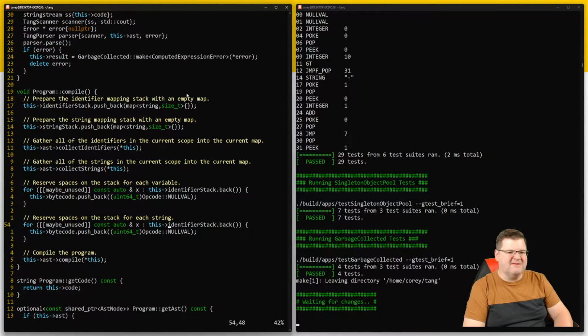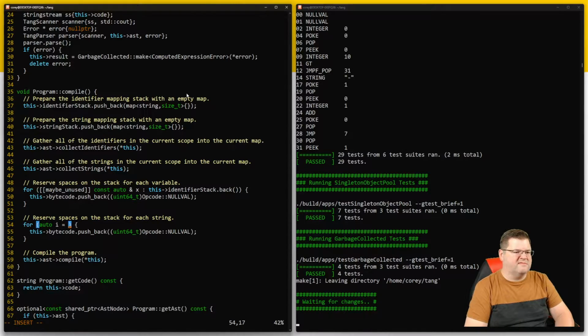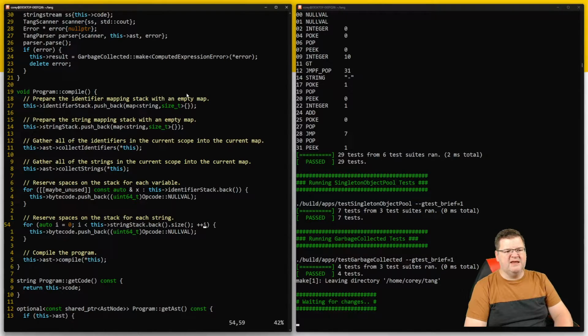So that's going to be something like auto i equal to 0, i less than string stack dot back dot size plus i. That's fine. And for each one, we need